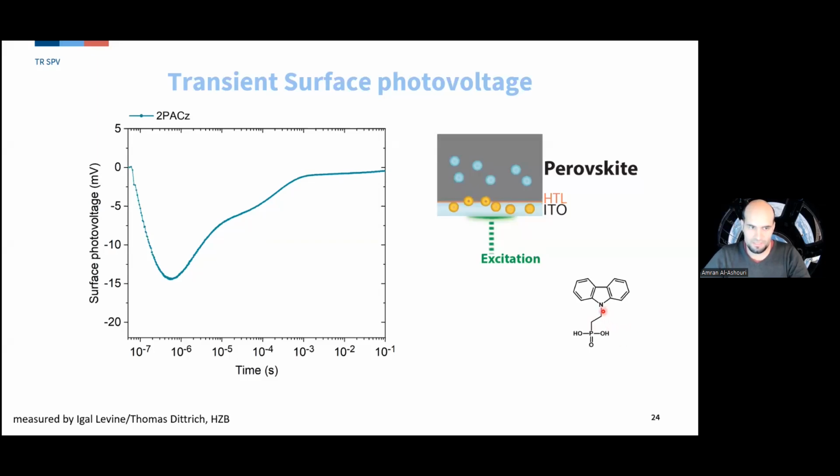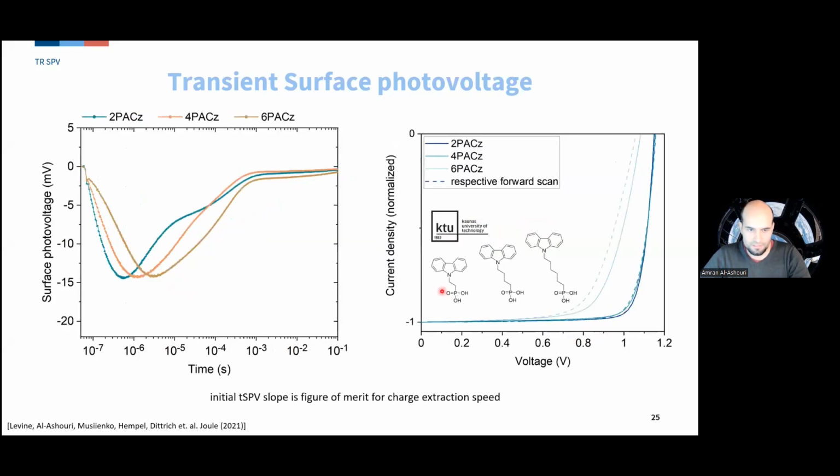So how can we now test whether this rise here, which pretty much is in line with the TRPL decay, the first steep one, how can we confirm that this is connected to charge extraction? We can do this by changing the isolating part of the SAM. So this one, this aliphatic chain, is basically isolating. So doing a series here of 2, 4, and 6,